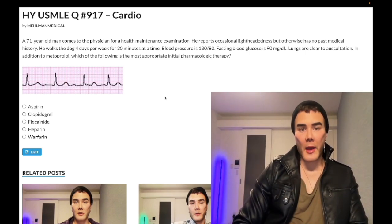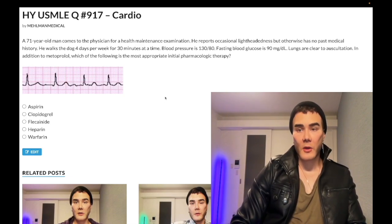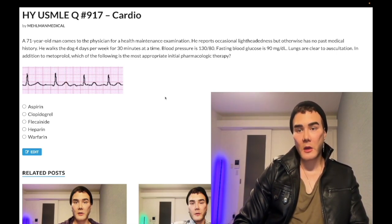So, a 71-year-old man just comes in for a health maintenance examination, reports occasional lightheadedness, otherwise no past medical history, walks the dog 4 days per week, 30 minutes at a time. Blood pressure is 130/80, fasting blood glucose is 90, which should be